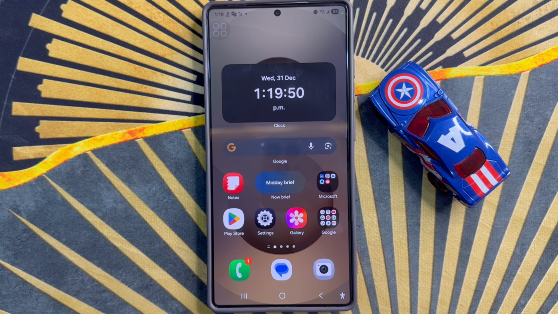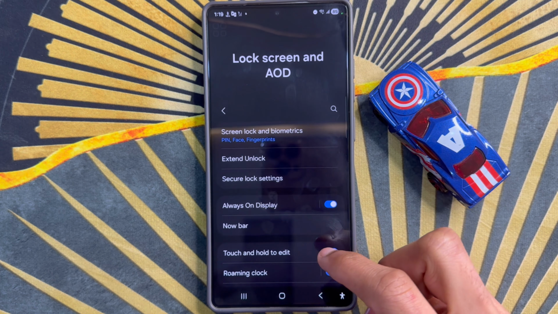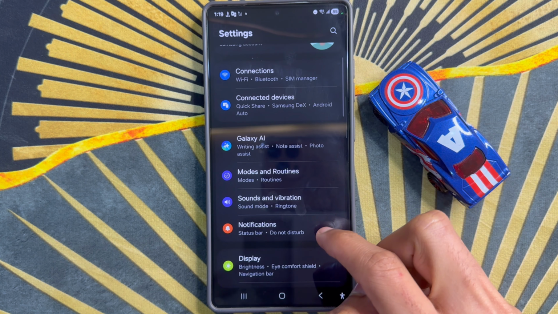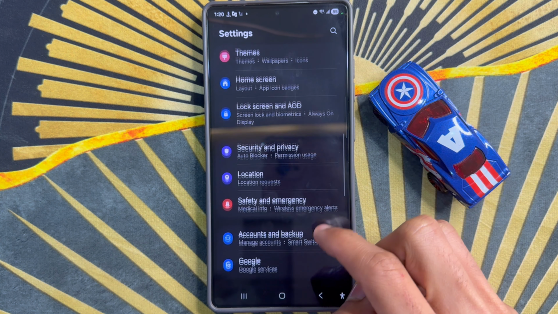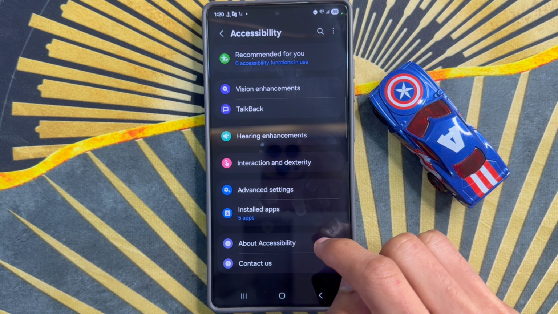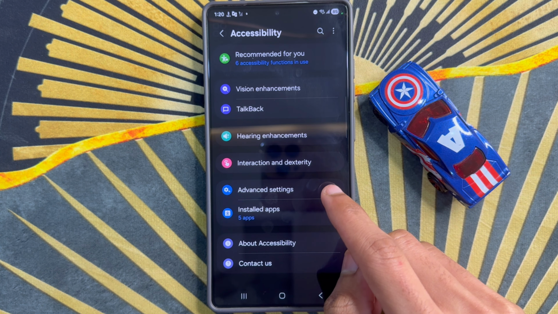First of all, go to App Library. So here click on Settings App. Now in Settings, scroll down and click on Accessibility. After you click on Accessibility, scroll down and click on